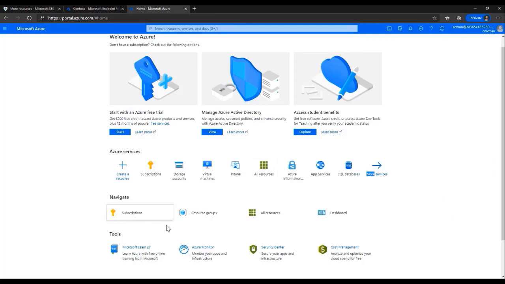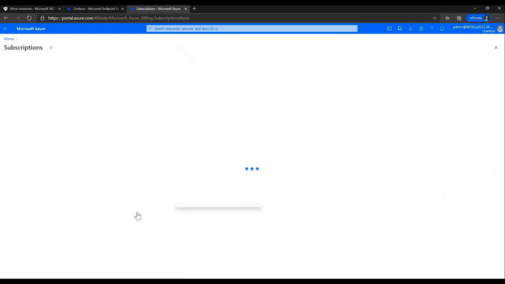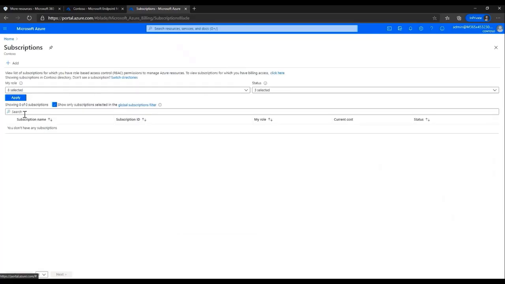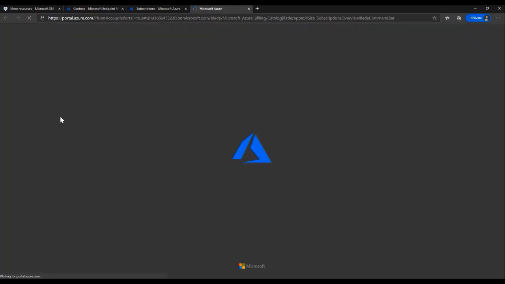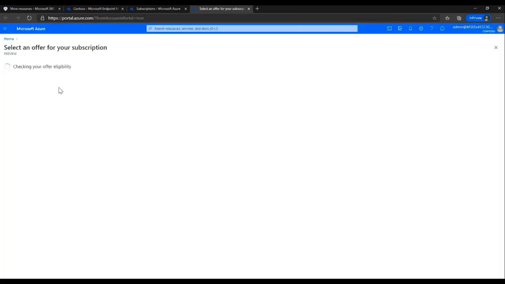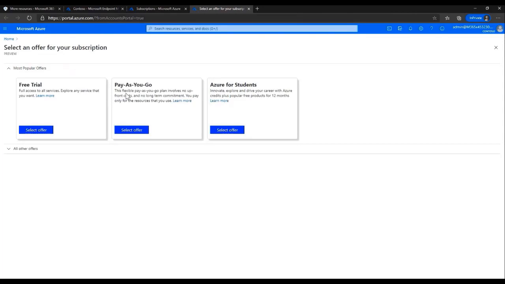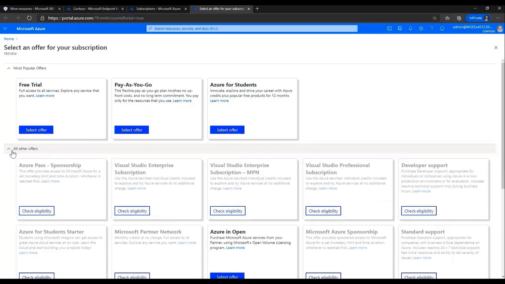I can navigate down to my subscriptions. That's what I'm going to show you right here. So under subscriptions, you can see I have 0 subscriptions right now. But if I went to add one, the first thing it wants me to add is either a free trial or pay-as-you-go, or of course Azure for Students. A free trial gives me $200 worth of Azure credit. I can do a pay-as-you-go, or I can look at some of these other offers that I may or may not be eligible for based on